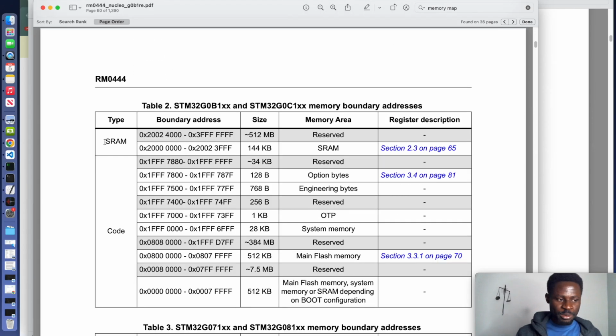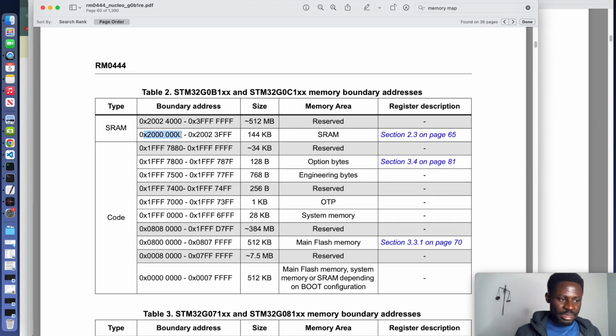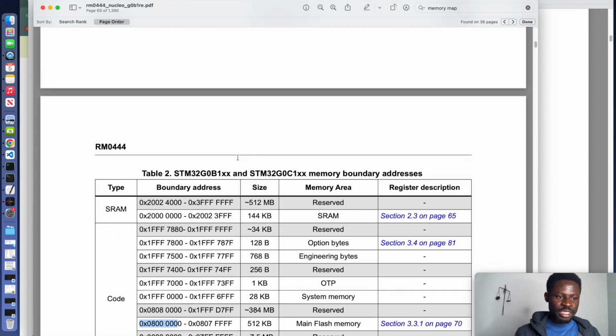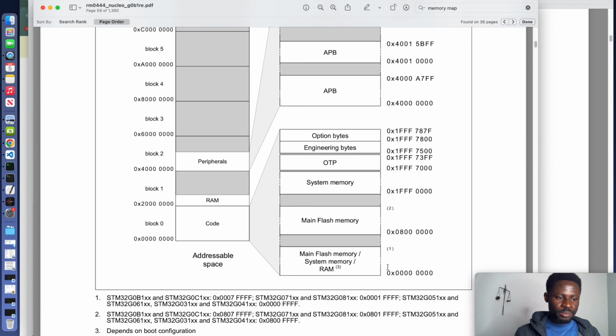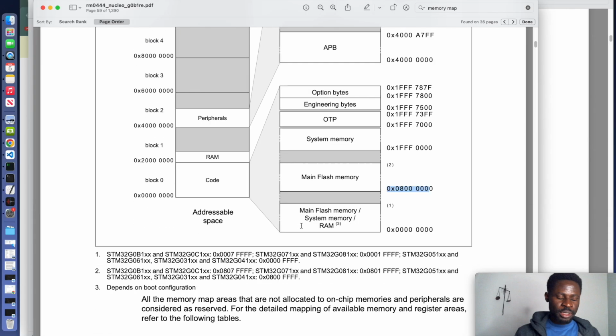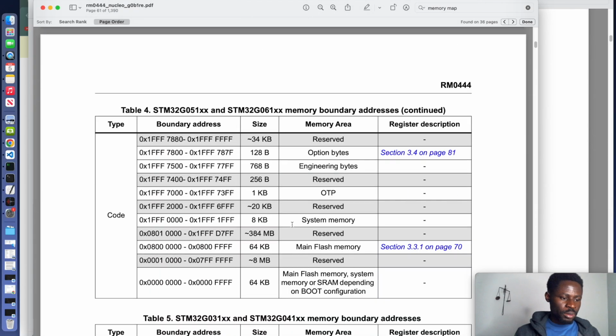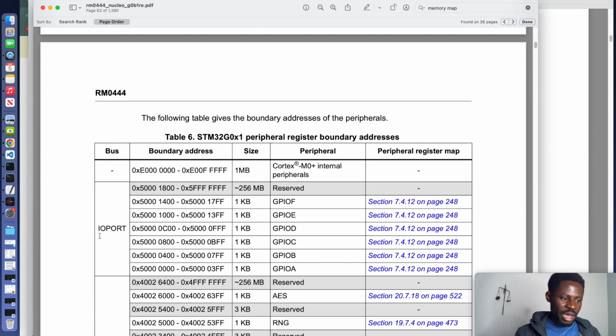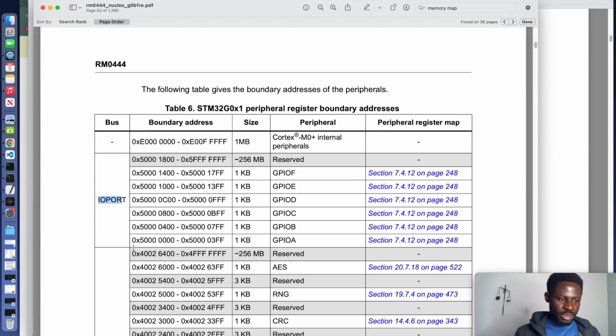If you look at this table, SRAM, which is a special type of RAM, has a starting address here. Now this is the flash memory, and the starting address of the flash memory is this, just as we saw in the memory map. All right, look, flash memory starts here. Let's find some of our known peripherals like the GPIO. On the bus side, we look for IO port, right? The boundary address